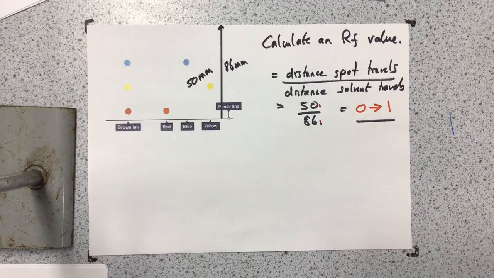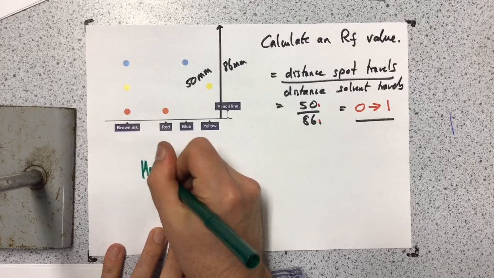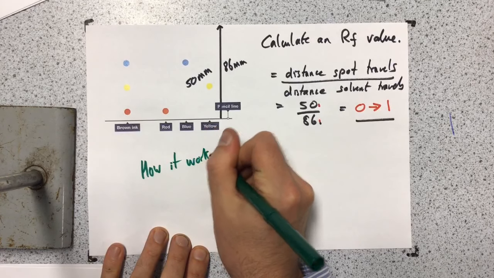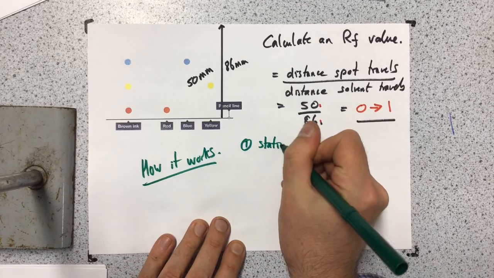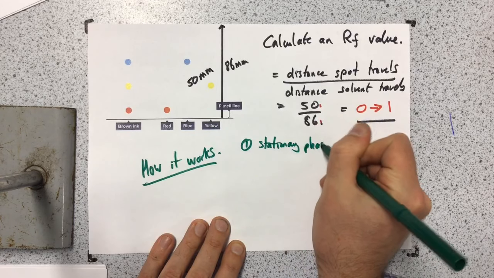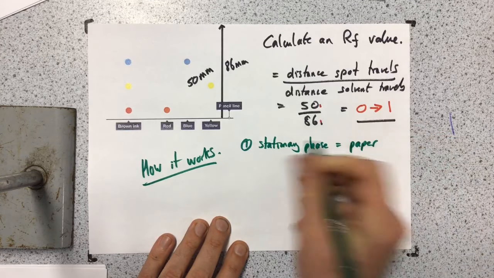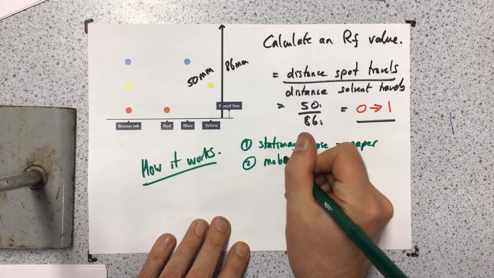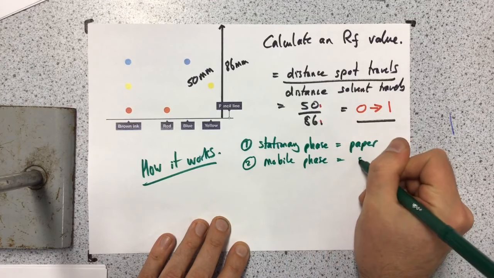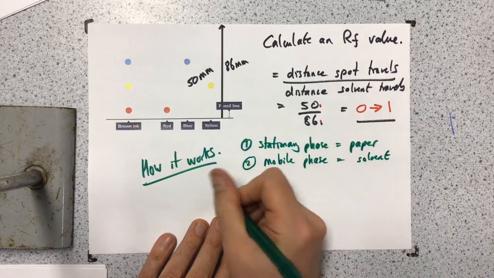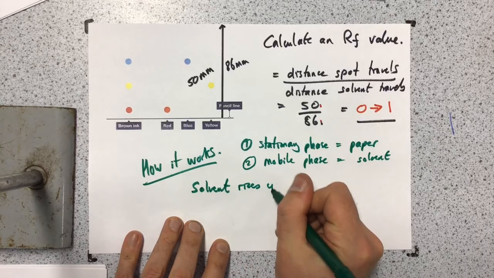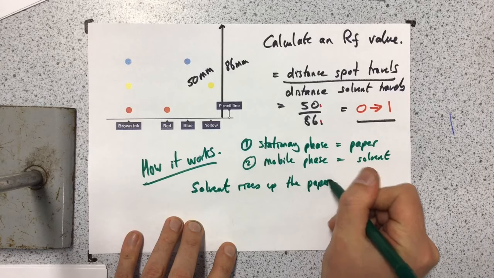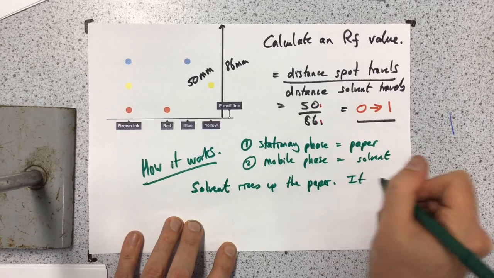Now, just going back to what we mentioned on the previous page is how it works. Okay, so first of all, we have a stationary phase. That's the paper. It doesn't move. Then we have a mobile phase. That is the solvent. So what happens is the solvent rises up the paper. As it rises, it dissolves